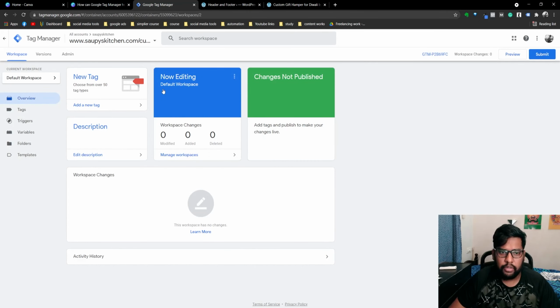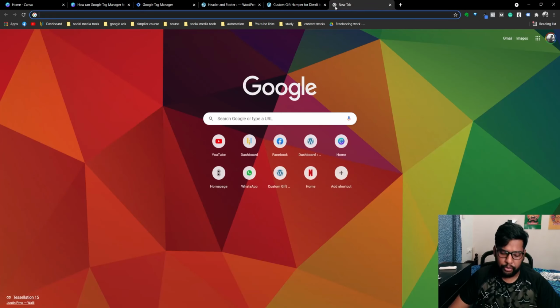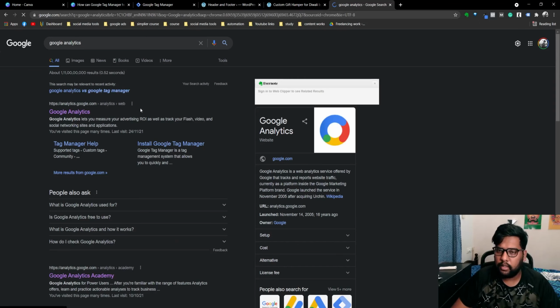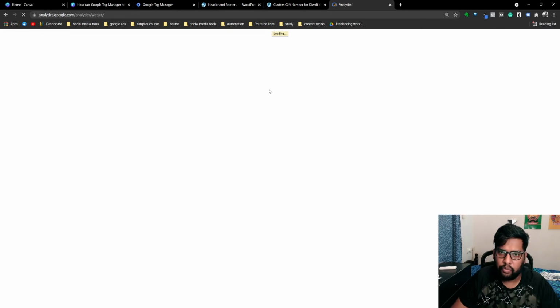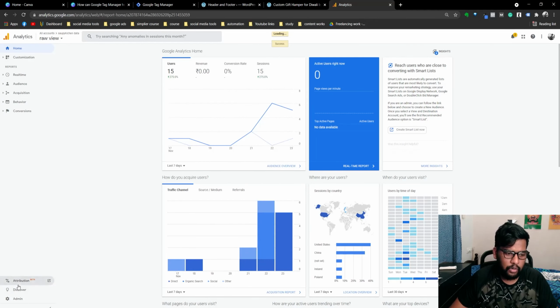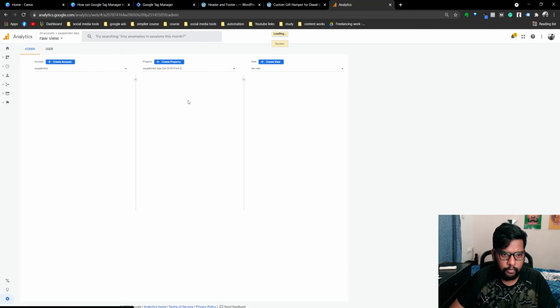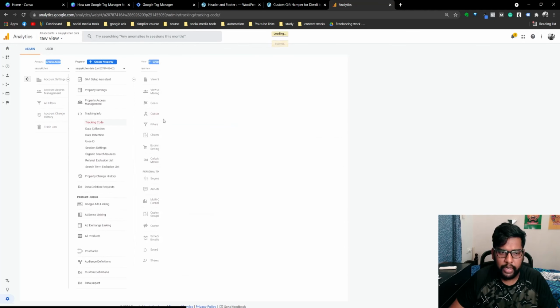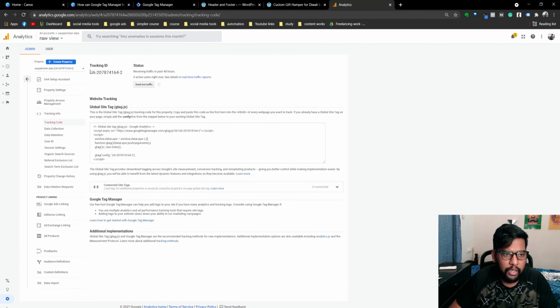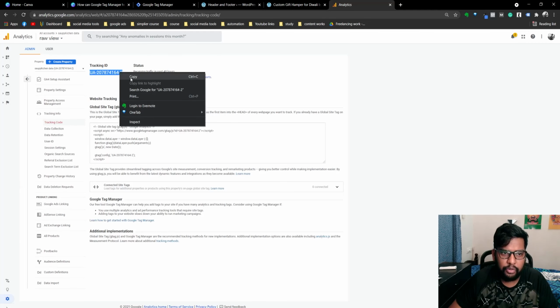So now there is a connection between your website and Google Tag Manager. Okay, so once that connection is done, the third step you have to do is go to Google Analytics. Okay, so in Google Analytics, there are very simple steps to create the account. Once you create the account, I'll show you how to take the code format. Okay, so this is Google Analytics. Go to admin, go to tracking info, tracking code, copy the tracking ID. You don't need to have a code.